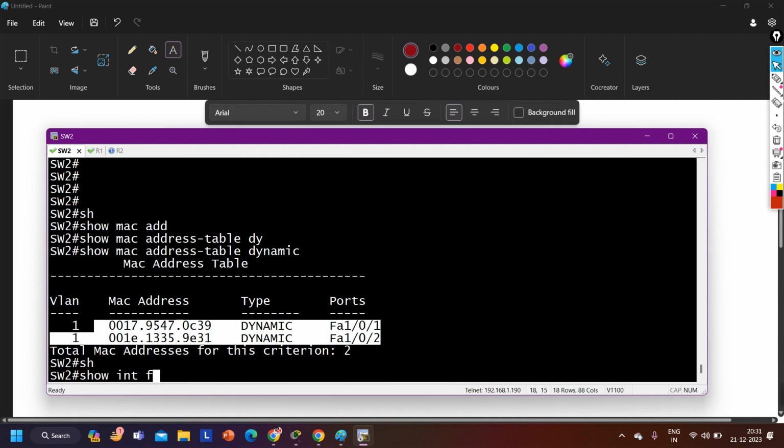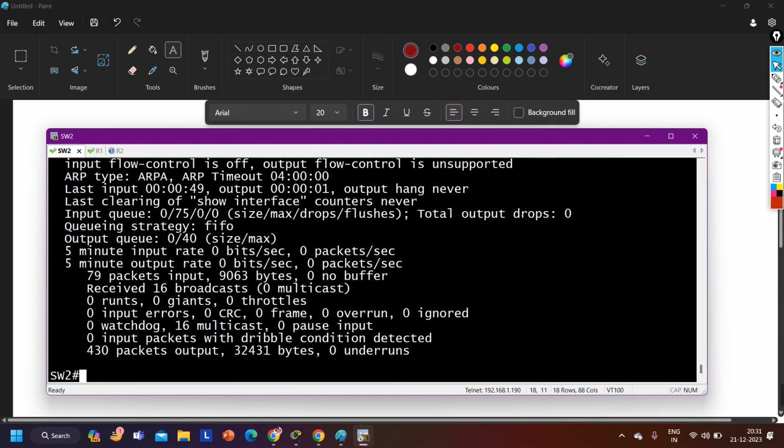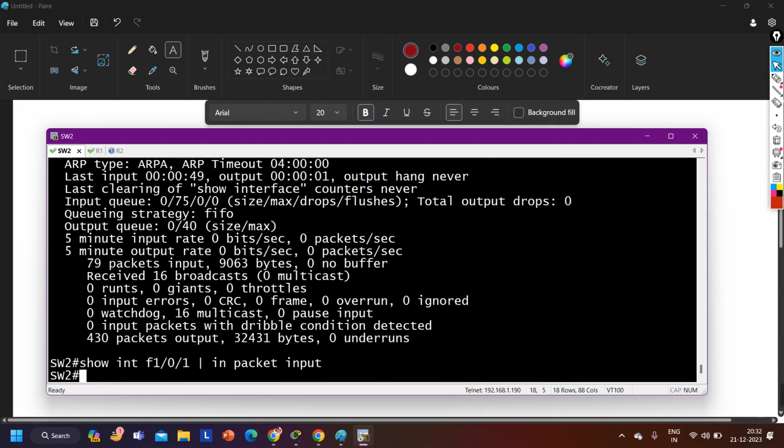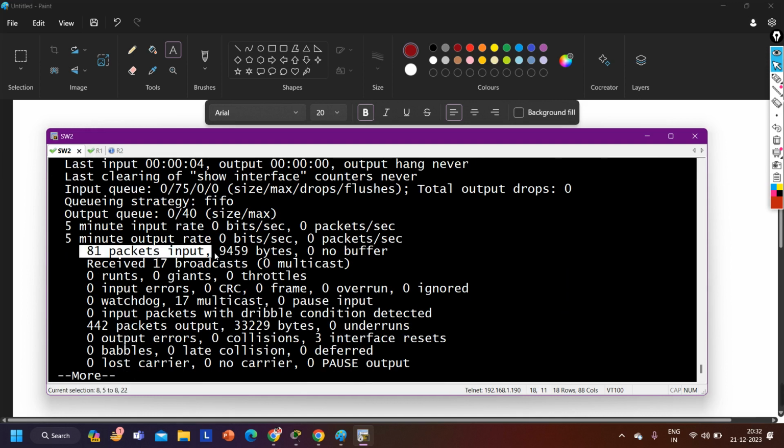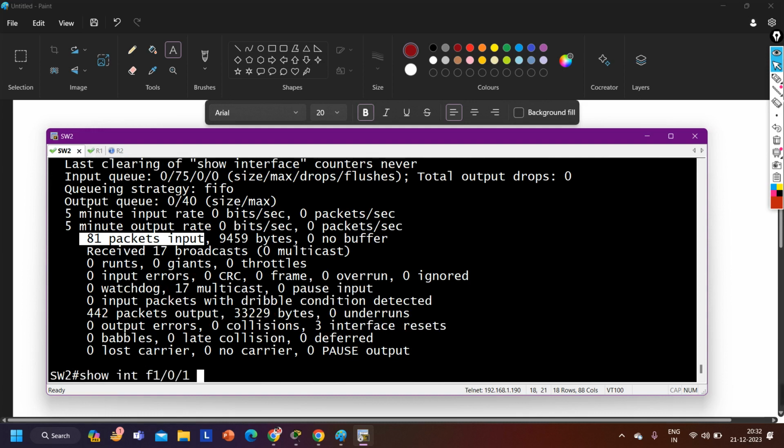So show interface FastEthernet 1/0/1, and here we can say include packet input. Here we can see how many packets input and how many packets output there are on this interface. So guys, what I am trying to say is, packet input is increasing automatically, right? On this interface, if you check packets input,